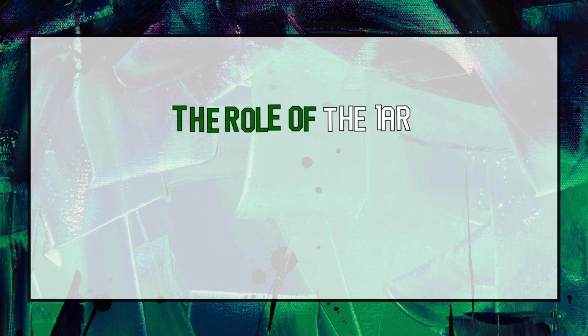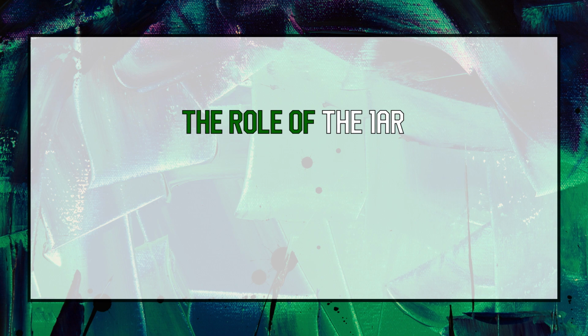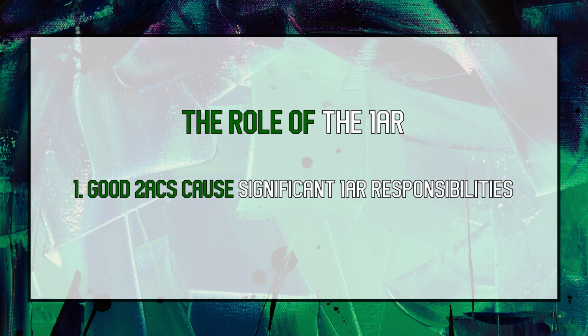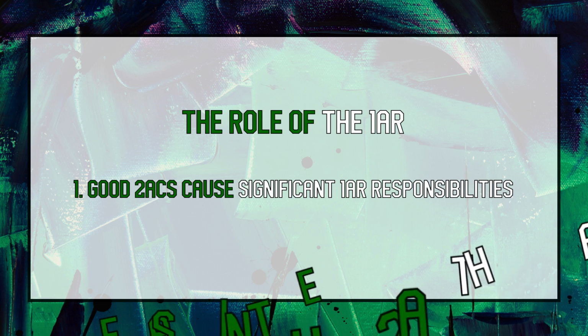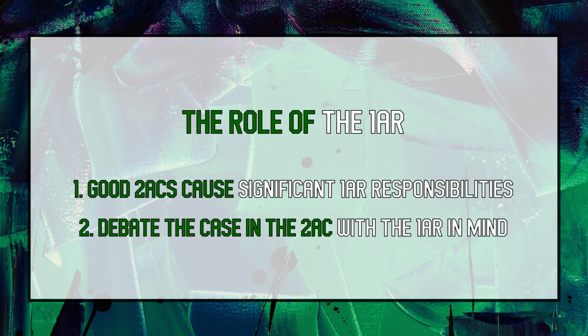The role of the 1AR is worth considering separately. Good 2ACs almost always result in significant 1AR responsibilities, but those responsibilities are known in advance, well prepared, and achievable within the likely time constraints. As it relates to debating the case, the negative's arguments are almost never well developed in the 1NC. Good negative teams will significantly deepen them in the 2NC and 1NR. A good 2AC on the case can put the AF in a good position to withstand this negative approach, but that's never enough. The 1AR needs to be prepared to defend the case, especially against a very strong and mostly new negative block. When thinking about how to debate the case in the 2AC, you should be thinking about how to debate the case in the 1AR.